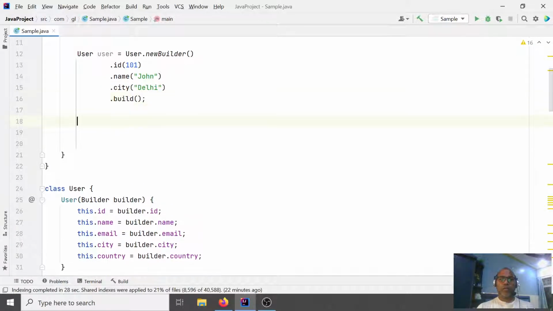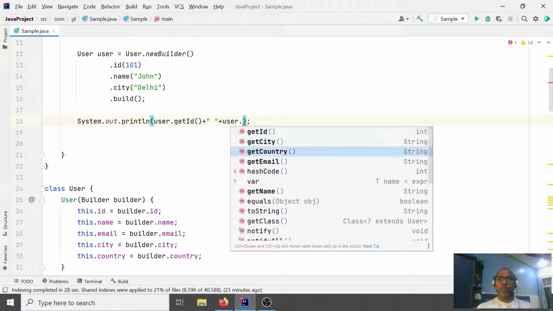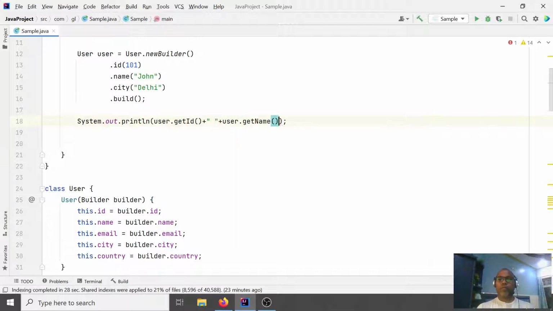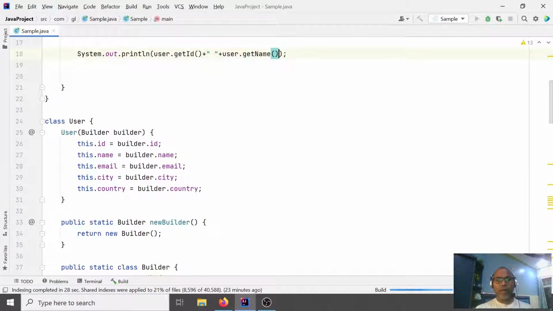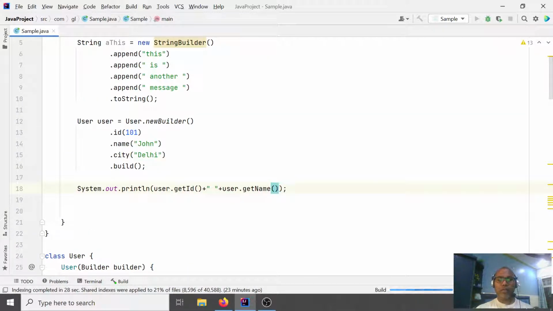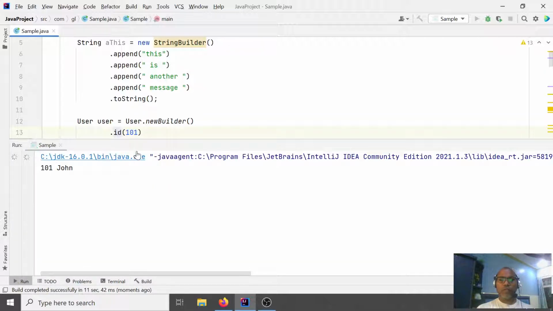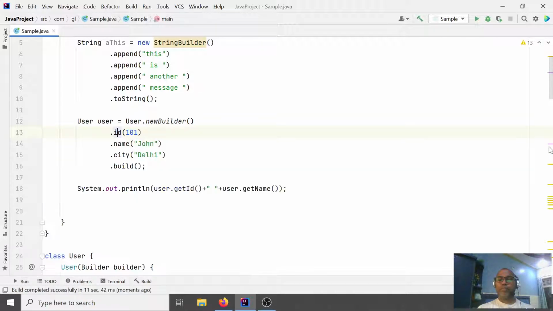So in this way you are getting your object. From this object, now that your object is available, you can get any field you want, like name. So the builder pattern just gives a flavor: the user can build an object in a fluent way, with whatever information they have, and build it.